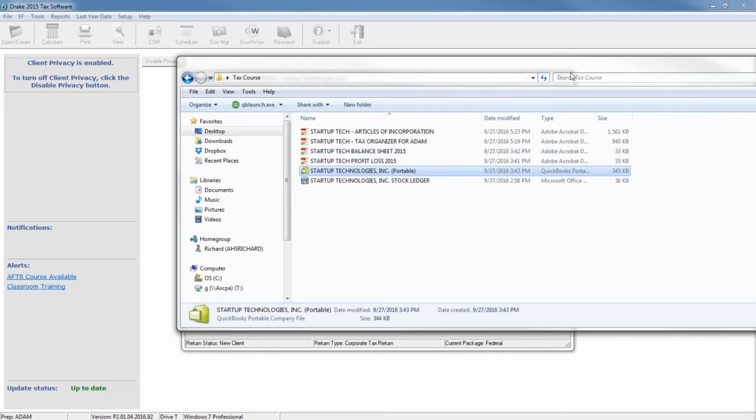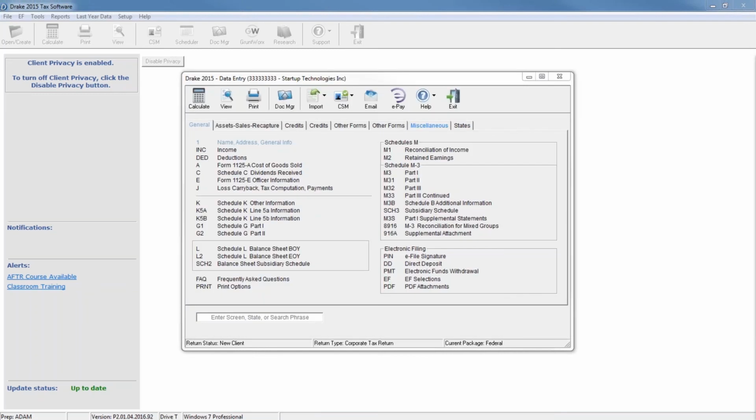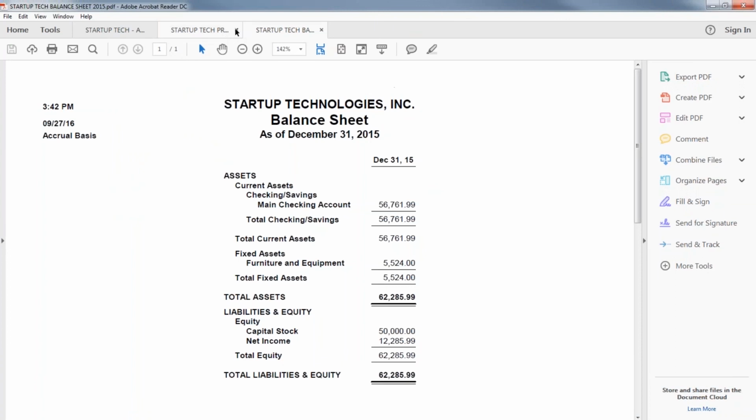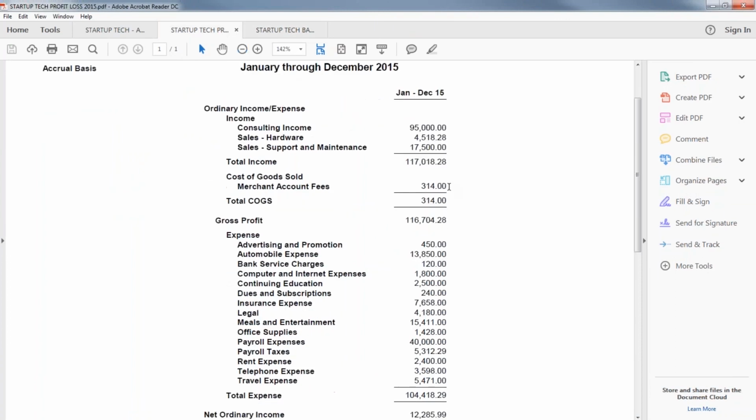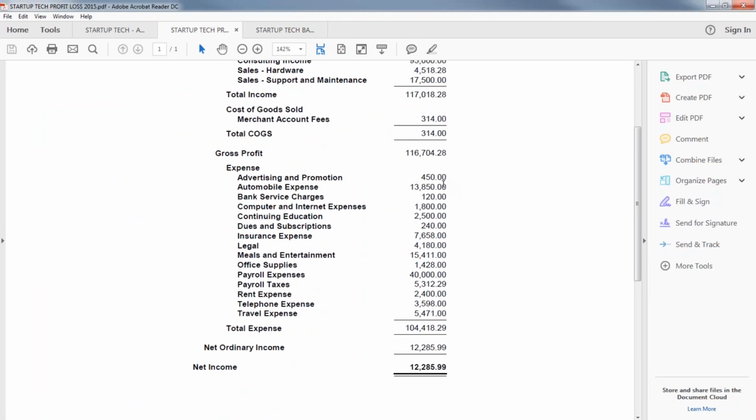Usually it involves taking an initial look at the documents, so requesting these documents is a good start, but also taking a look at the balance sheet and the profit and loss, and that also dictates what's involved in here. So in the case of this example, we obviously don't have an actual payroll run, but when we see payroll expenses, we would typically request the payroll tax filings for the year, just so that we can compare those payroll tax filings to the figures on the P&L